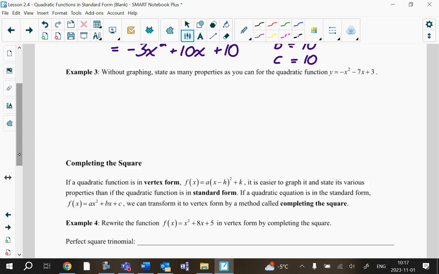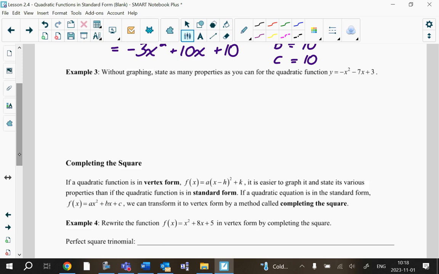Okay. So we're going to find that standard form, in some cases, we don't want standard form. Like if we want to graph functions, we want vertex form because it's much easier to work with. However, standard form is better in some other cases that we're going to see in the next unit. But in this case, if we're stating properties and if we're graphing, we want vertex form. Because just as an example,